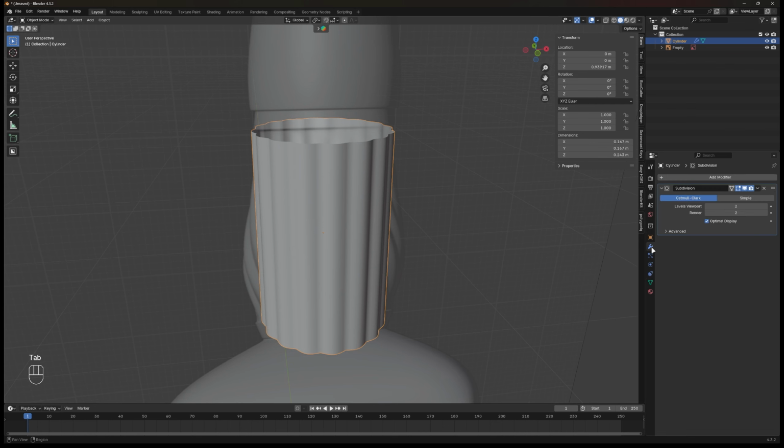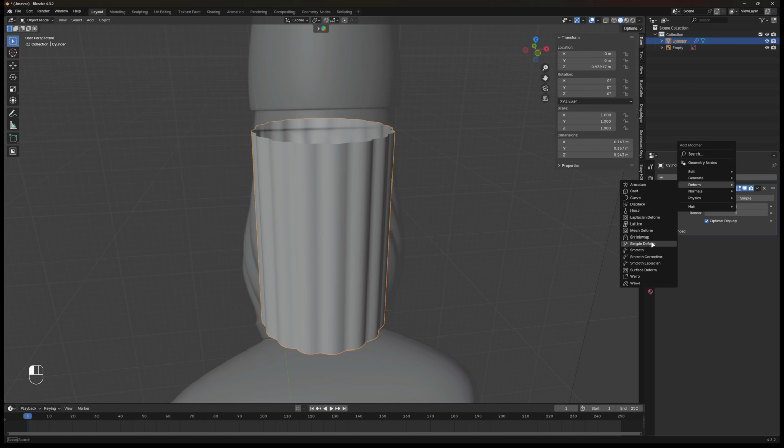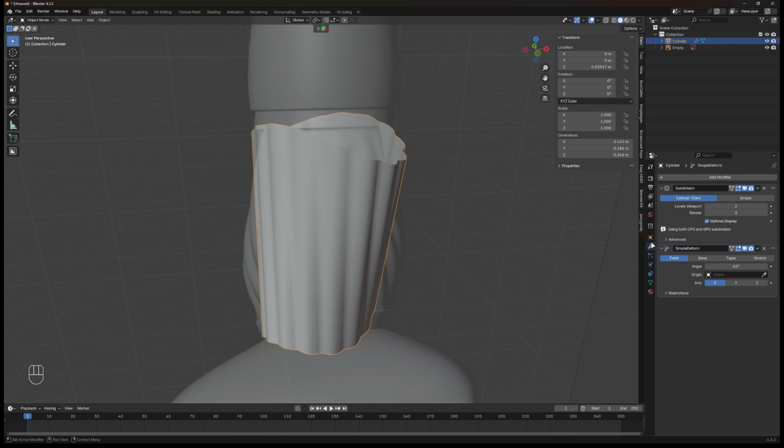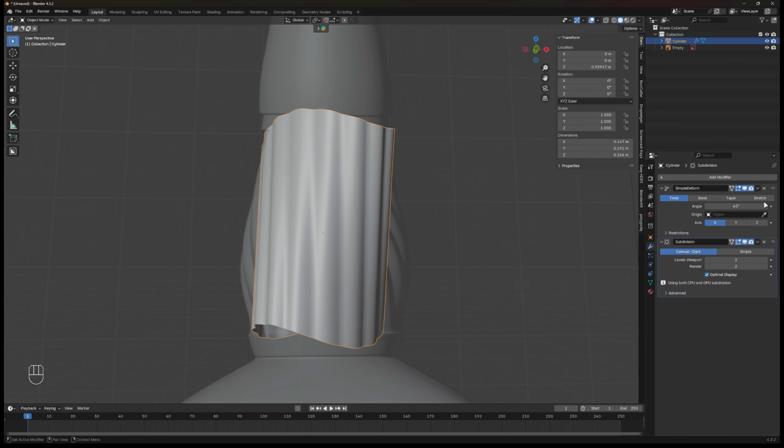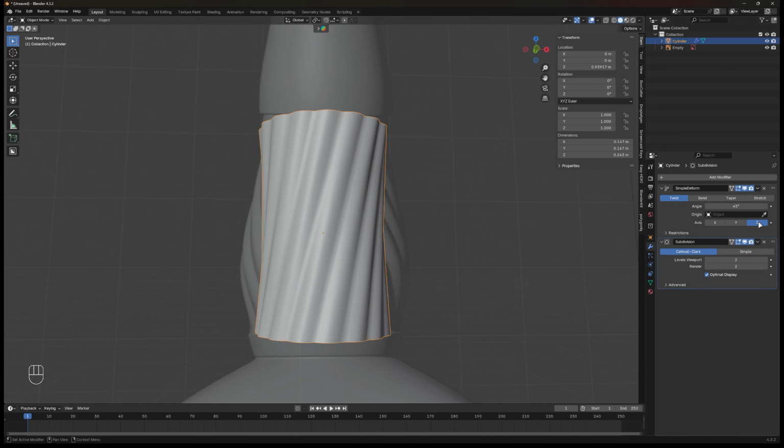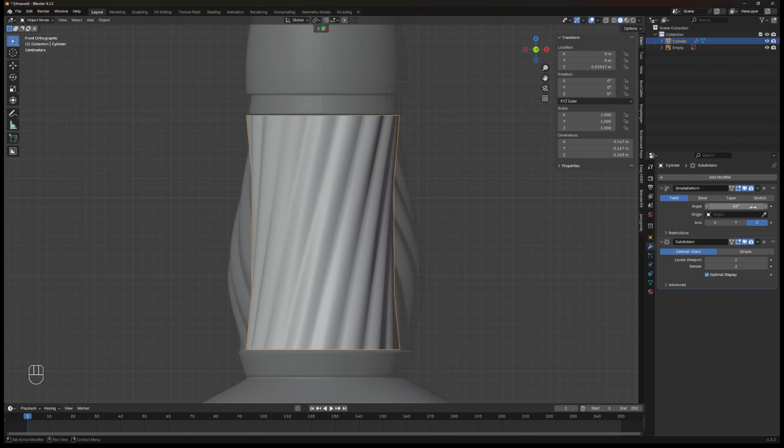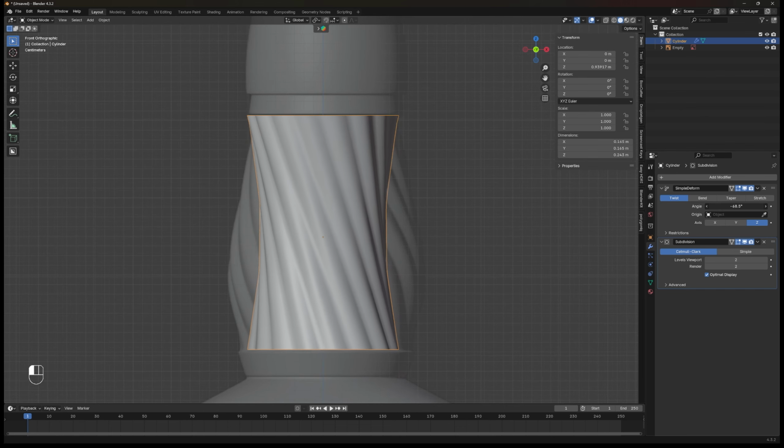On the right here, click that blue wrench symbol and click add modifier. On the deform section, look for simple deform, not complicated deform. Place the simple deform above the subdivisions and change the axis to Z. Now we could rotate the angle on it, and here I put around 80 degrees.